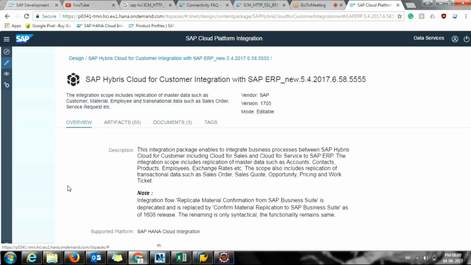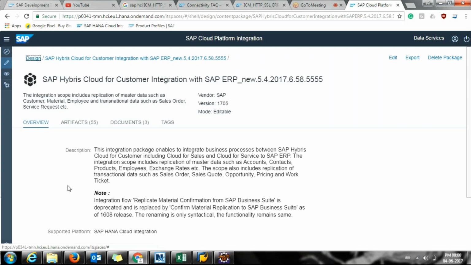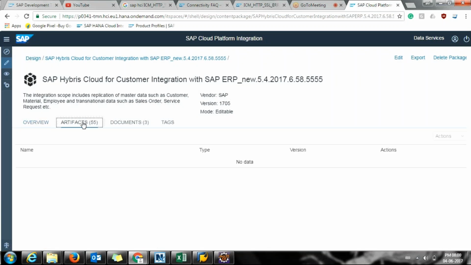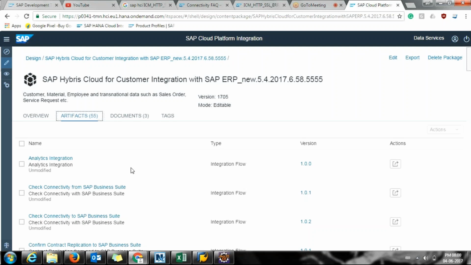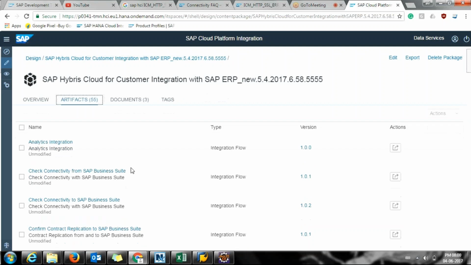Under this artifact, there are 54 scenarios which are to be implemented when you are doing an integration of your C4C with your ECC. So you can see, when I say master data replication,